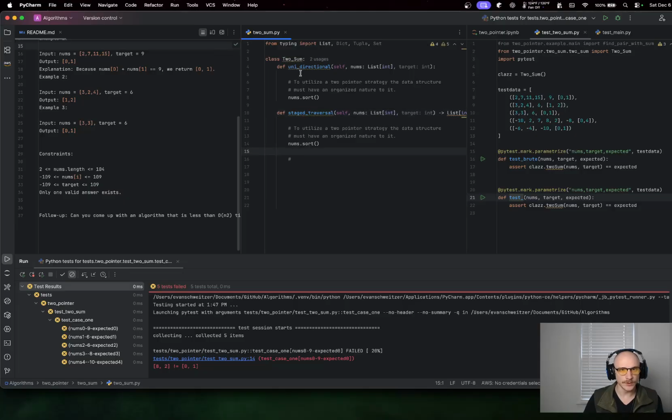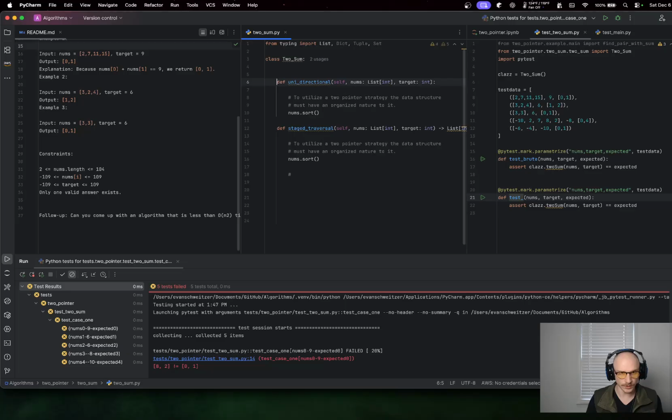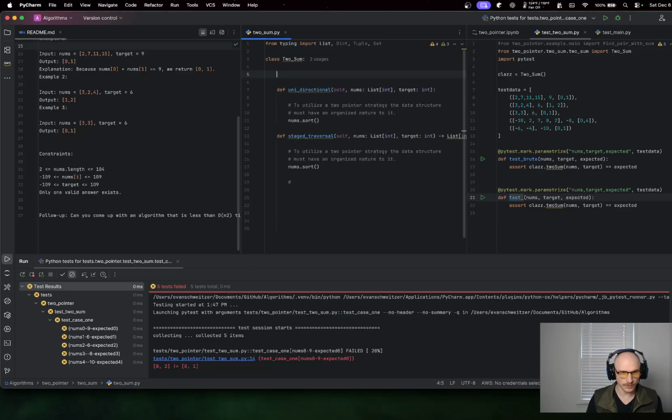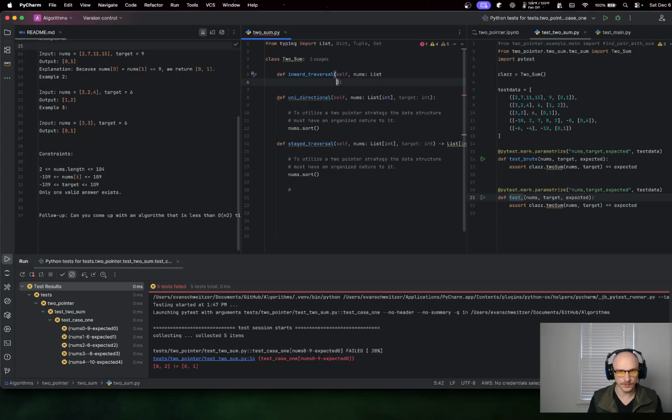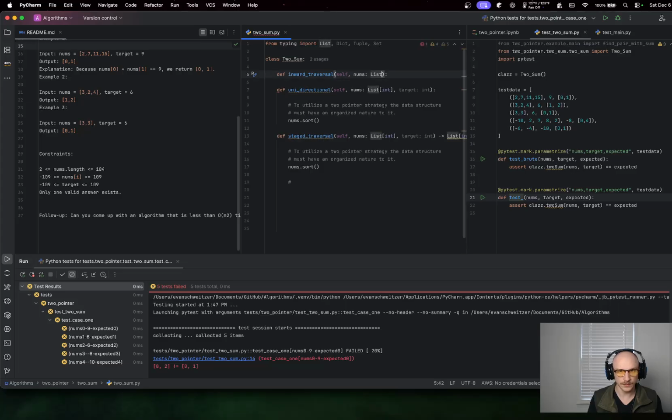So we're going to have unidirectional, staged traversal, and inward. self, nums list, and